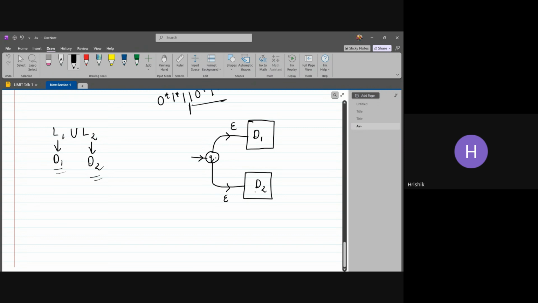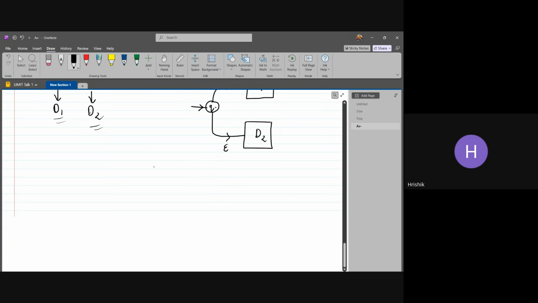Similarly, it can move on to the start state of D2 from there. And then within those black boxes, it checks whether it can reach the final states in either of them. So now, let's say for D1, your states were Q1,